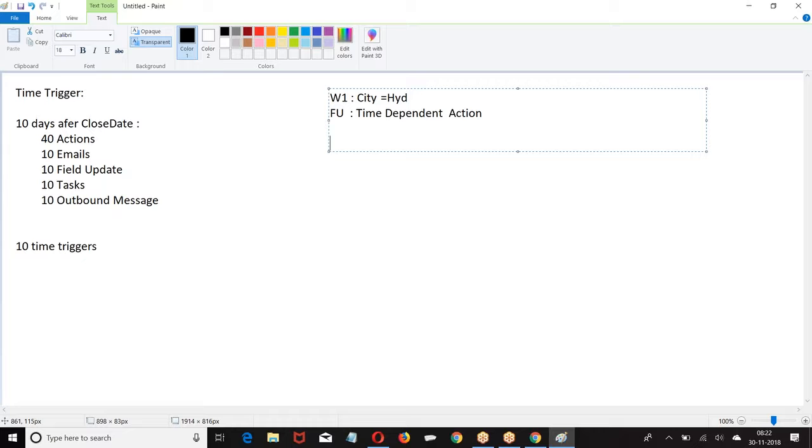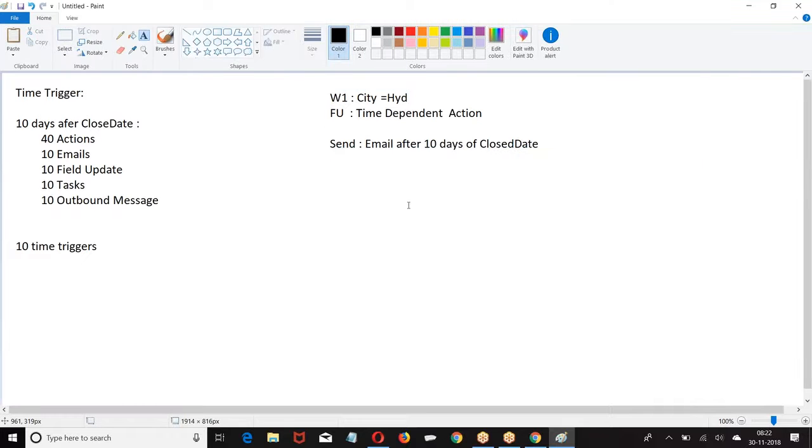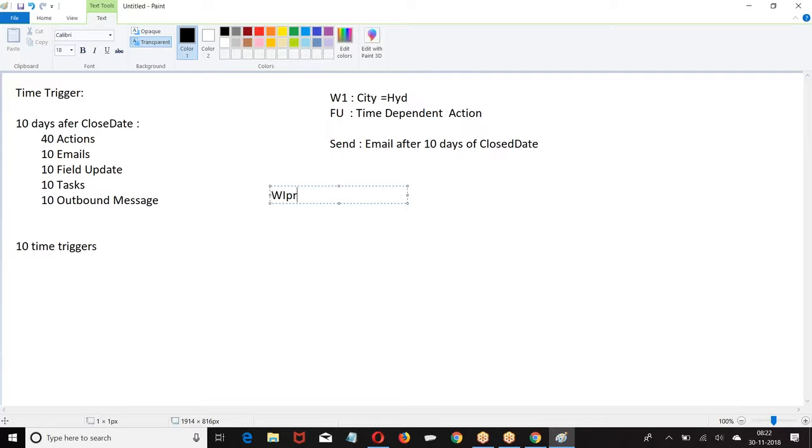What is the time dependent action? Send email after 10 days. This is the action. Now I created a record, Wipro, Hyderabad, 2nd December 2018.